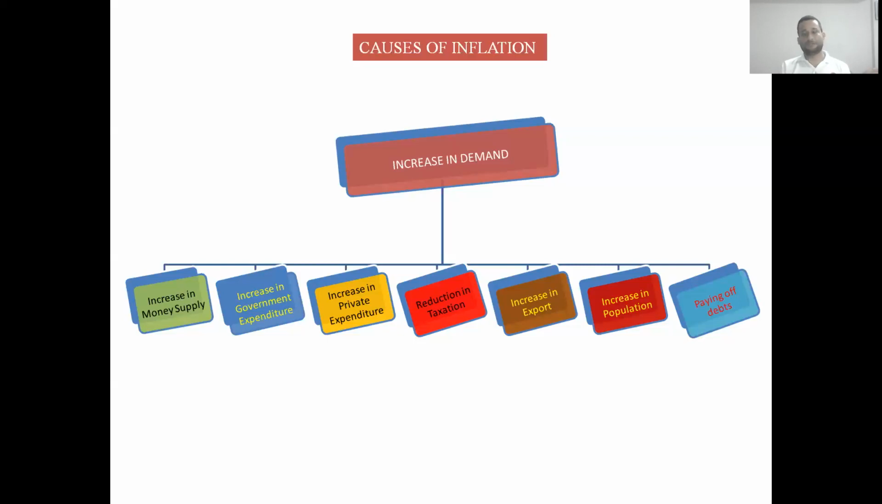will be increased more demand for goods and services and as a result of which there is inflation. As another cause, increase in exports, increase in population, paying off debts, these are also the causes of increasing demand in the economy. When there is more export, the exporting country gains more foreign income and it circulates more money in the economy, as a result of which some sections of the society will definitely increase the demand for goods and services. Increase in population, it is known